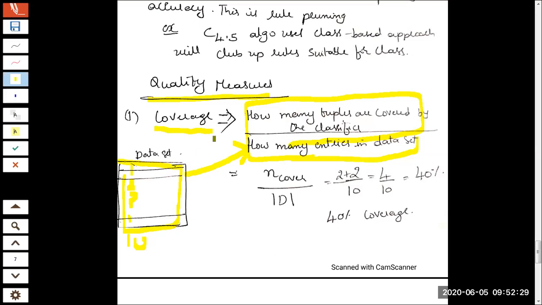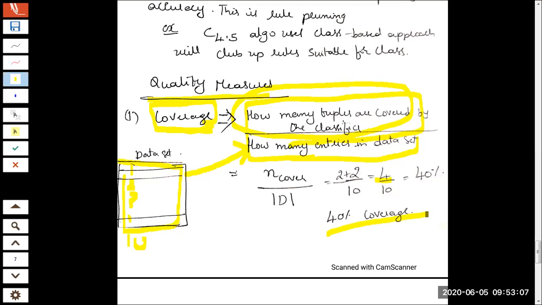For example, out of the 10 records, the classifier that you have built, maybe using a decision tree or by using a rule-based classifier, could identify 4 records successfully. Meaning that out of 10 records, it could identify 4 records regarding to which class it belongs. In remaining 6 cases, it failed. So now what is the coverage here? Coverage of your classifier. So it is 4 by 10, meaning that 40%.